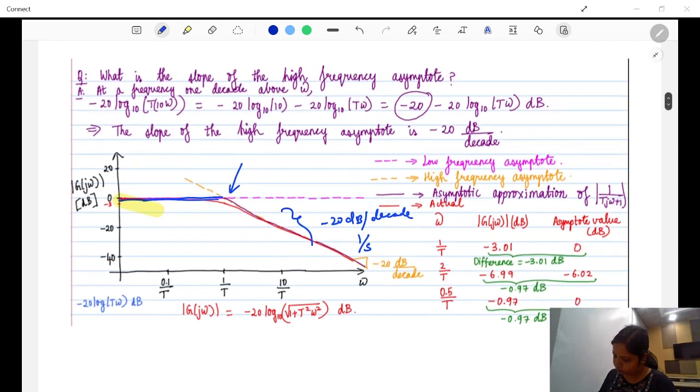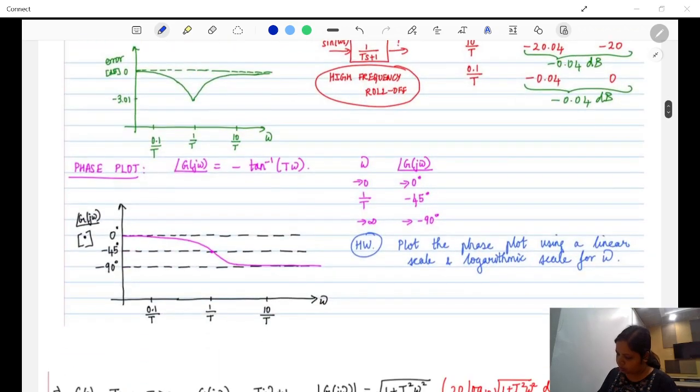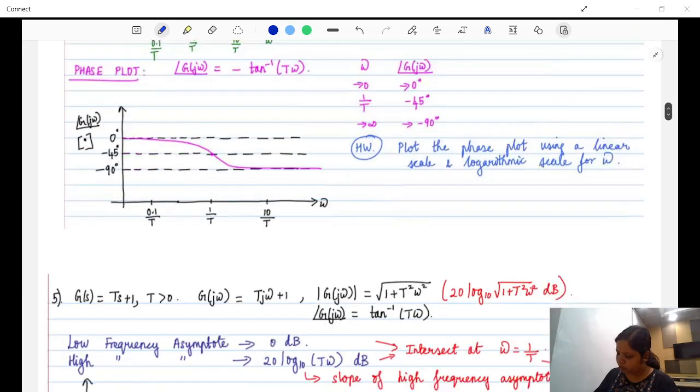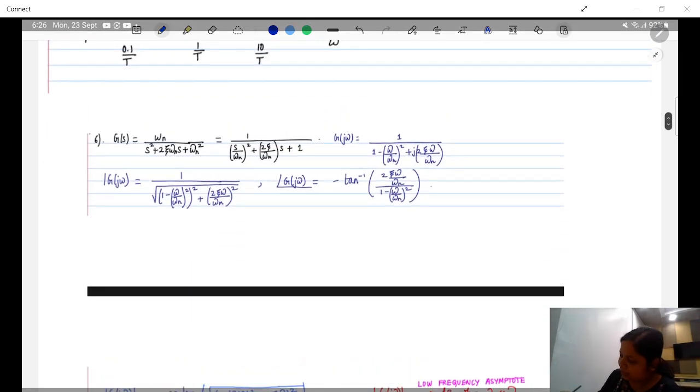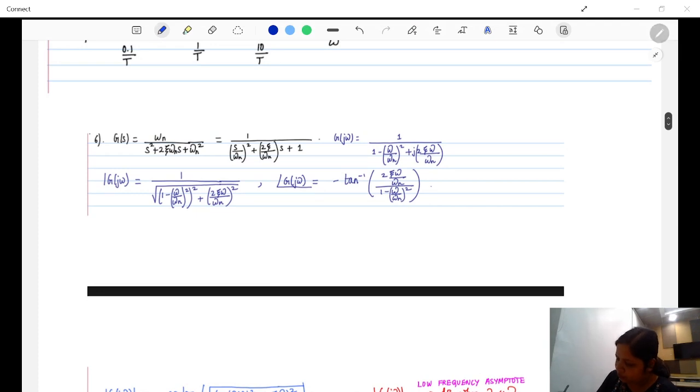Now, similarly, you can draw the phase plot. For Ts plus 1, it would exhibit opposite behavior. You'll get it rising at plus 20 dB per decade. This is very similar to the behavior of s. Another thing is, if you are given a transfer function of second order, omega n upon s square plus 2 zeta omega n s plus omega n square,